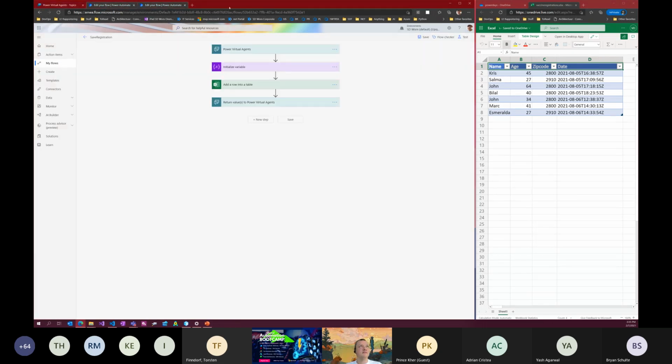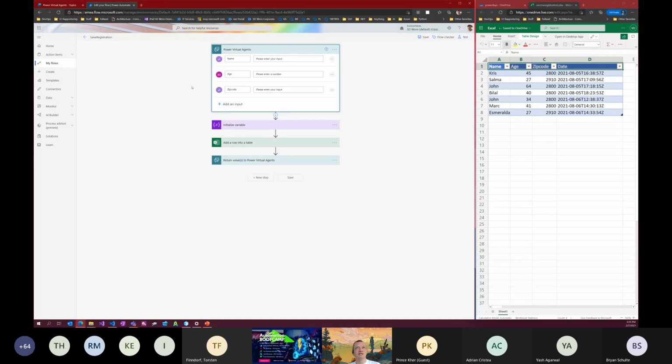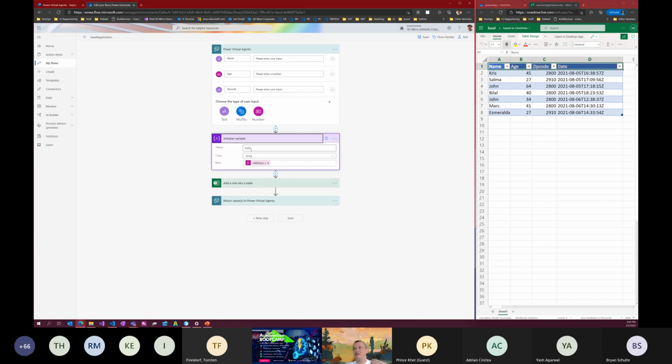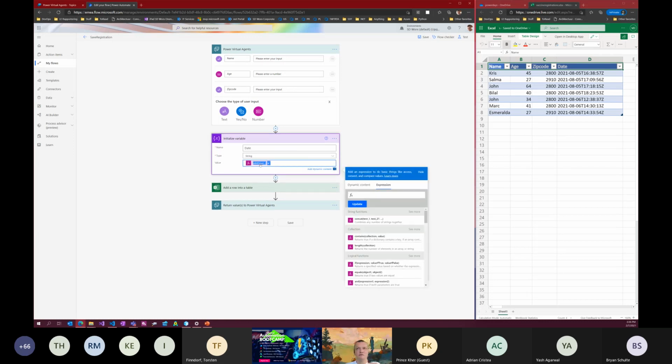Let's close this one. I already had it opened before. The downside is that we can only make inputs of text, a Boolean, or a number, so it's a bit restricted compared to other Power Automate flows. Then I'm creating a new variable, the date, with a function. I make this expression: take UTC now, add 180 days, like half a year,